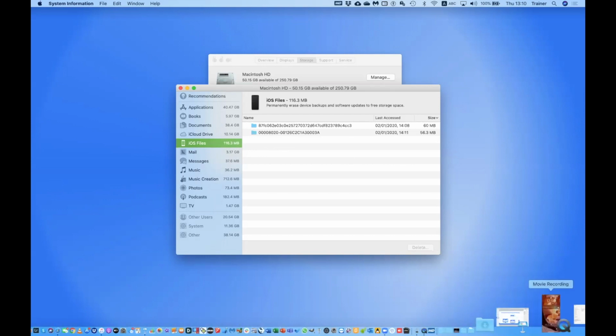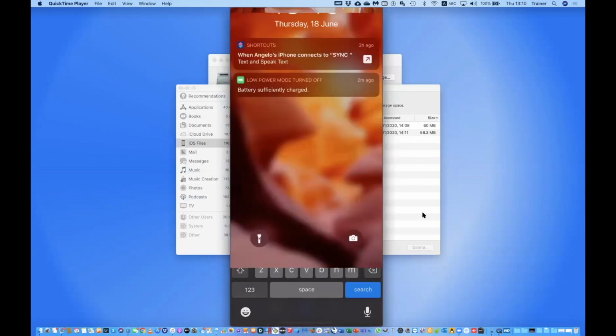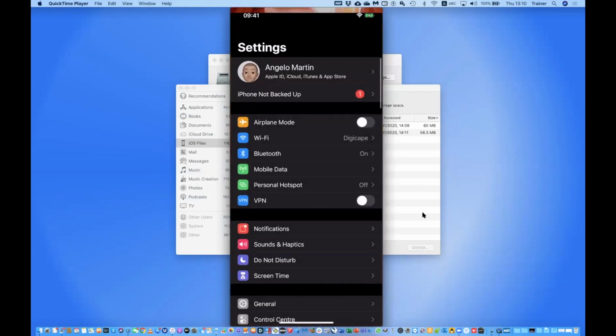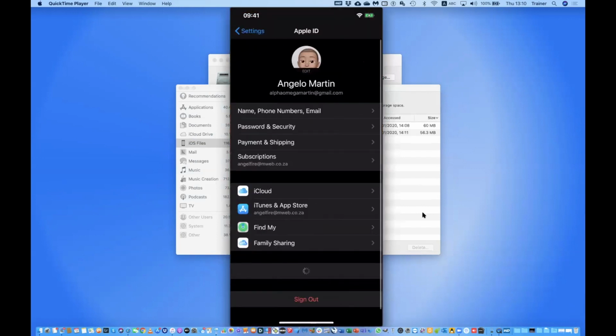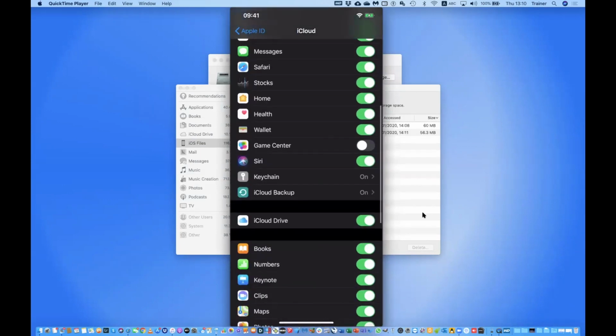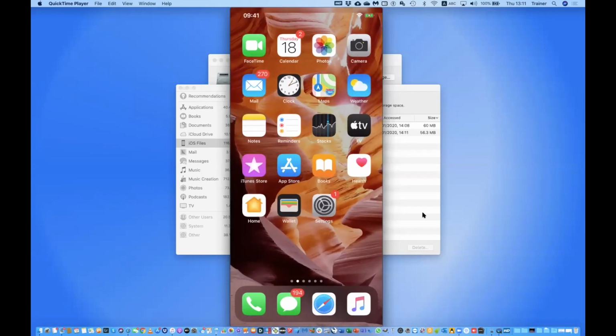Now, I've taken the liberty to connect my phone up just to show you guys how to do this. So for those who are not doing this, all you do is go to your settings on your phone, go to the top of your profile, and in your profile, you go to iCloud. And if you scroll down further to the bottom, you see this iCloud backup, and mine is turned on. So rather back your phone and your iPad up onto your iCloud, right? And this will ensure that you can free up that amount of storage that you will be using for